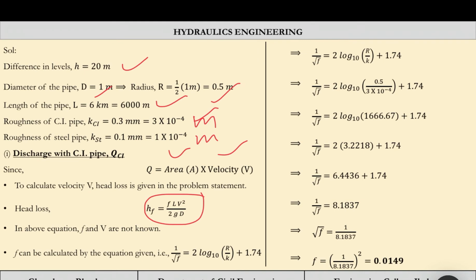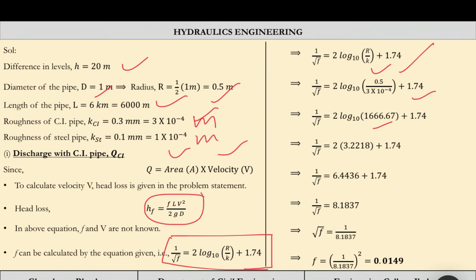For calculation of velocity, first we have to calculate f. For f we are calculating using this equation. So put all the values, which are known to us. So this is the equation. R is 0.5 meter, K is 3 into 10 to the power minus 4. So just divide this, you will get